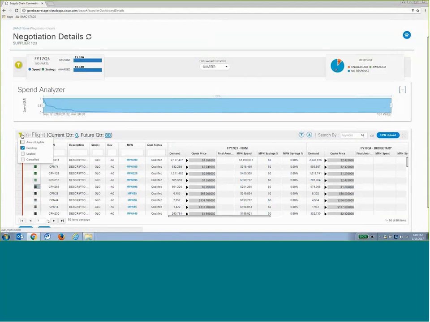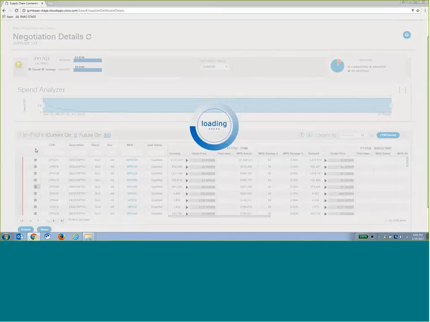Now remember, I've gone from pending to award eligible because I've just responded. So if I want to see the items that I've just responded to, if you have a filter for pending, deselect pending and then select